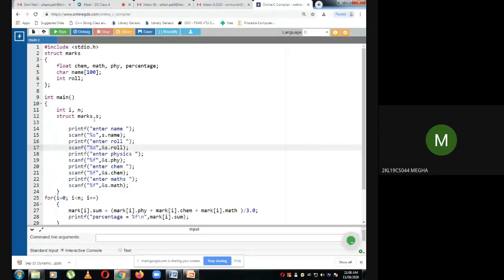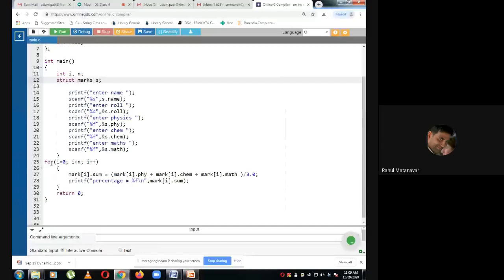Any doubt? Yes, ma'am, line 15, it's S of i. It's only of one student. I'm just doing it only for one student. I don't have an array here. If it's an array, then I would have written S of i. It's not an array. I've just declared only one variable. I'm doing it only for one student now. Is that clear? Okay, just for one student: the student's name, roll number, chemistry marks, and maths marks.